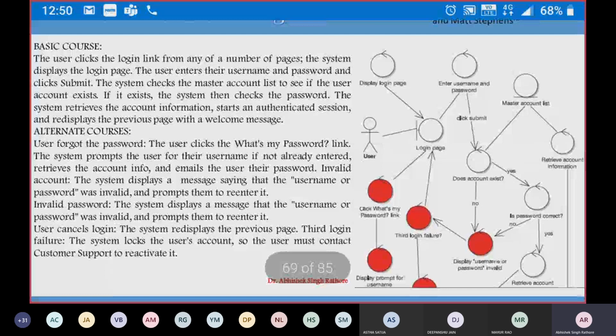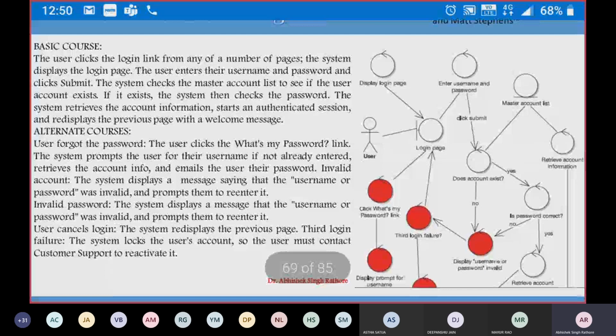Now moving again to this basic course. The system checks first from the account list whether the account exists, then checks whether the password is correct or not. From that account, it retrieves the information: the username and the password associated with it.